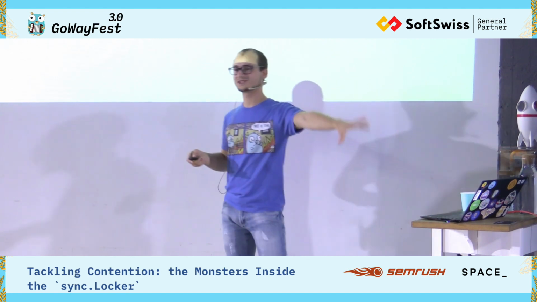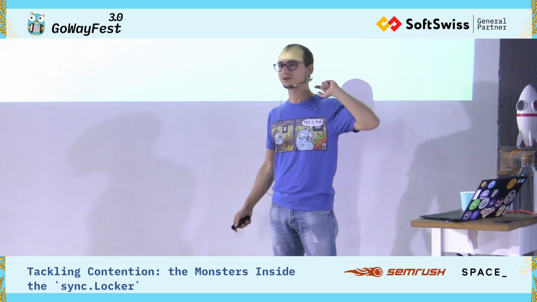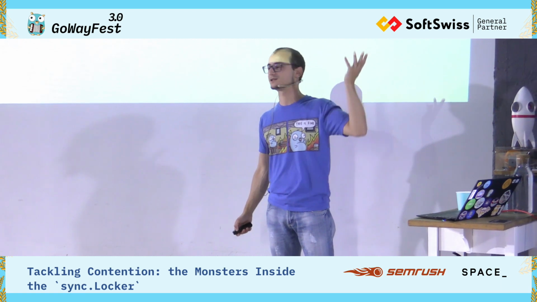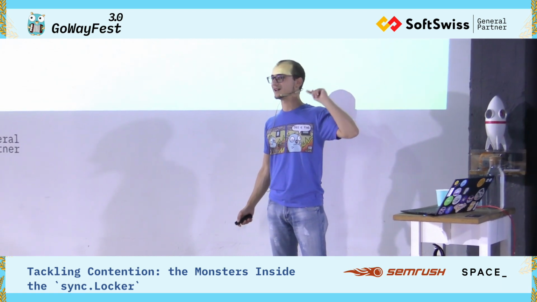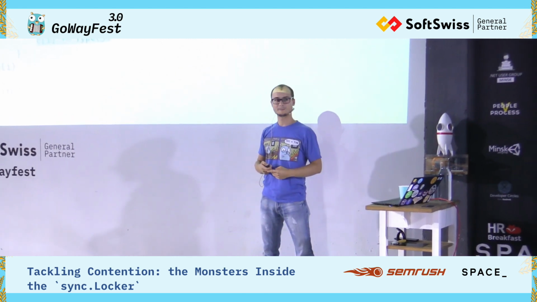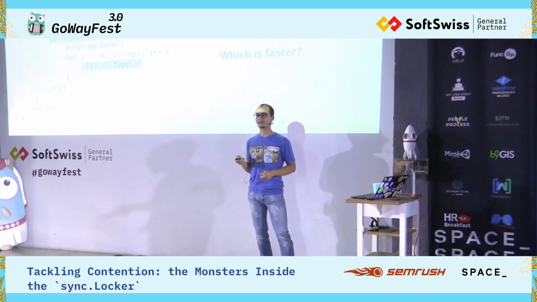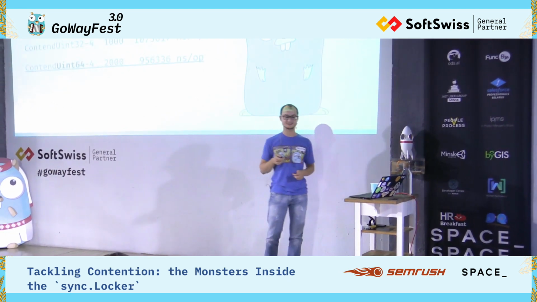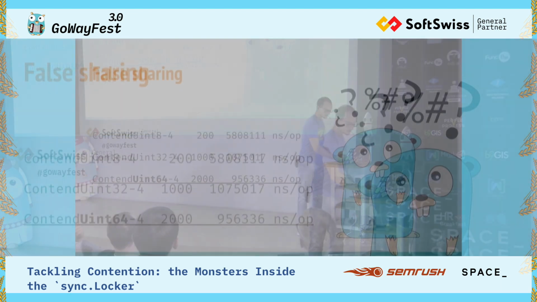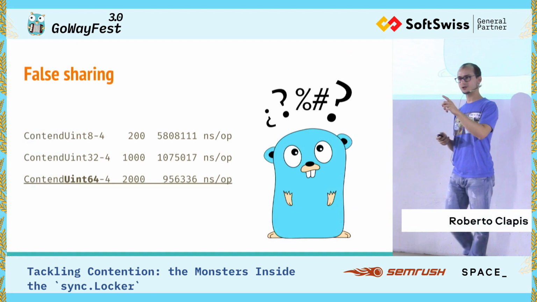On this laptop, this is an Intel i7 laptop. So who says the faster one is the one that writes less? Okay, the one that writes something in between. The last one? Would you be able to say why? Because it's indeed the last one. The one that writes more is the one that is pretty much faster on 64-bit architecture. Is that a question?